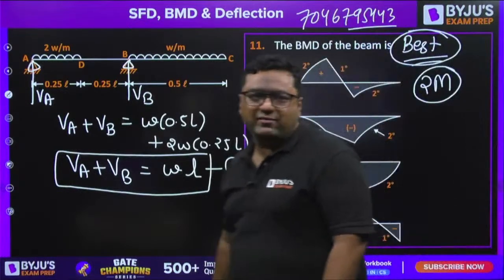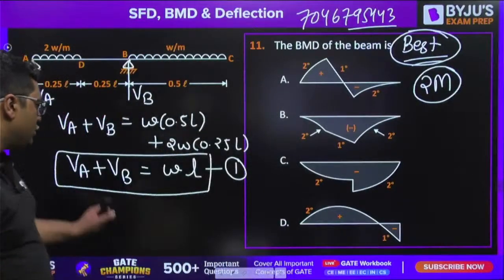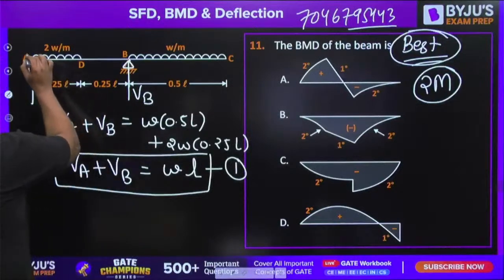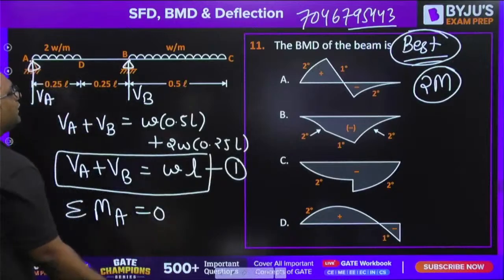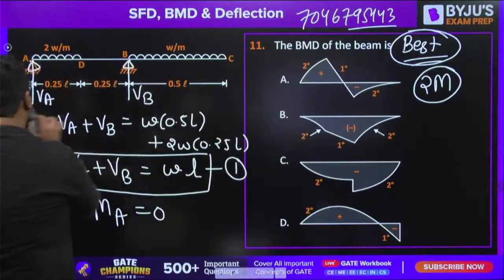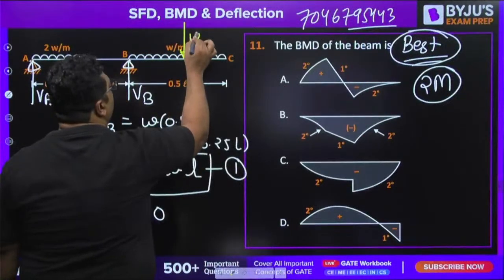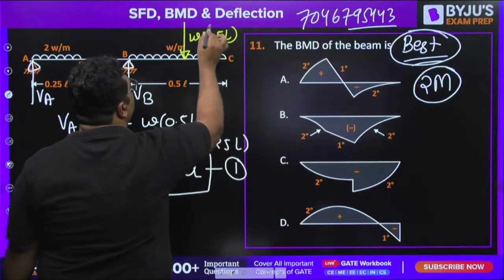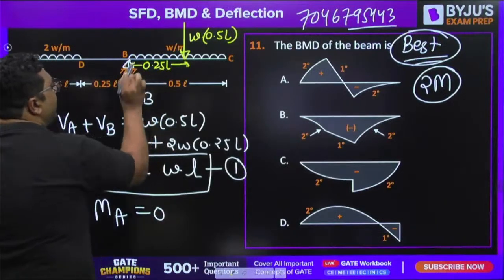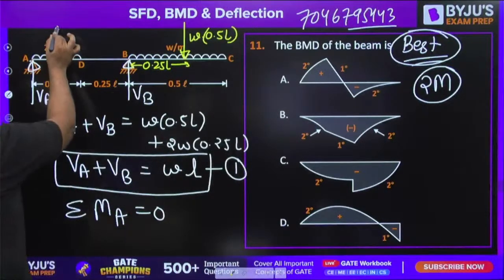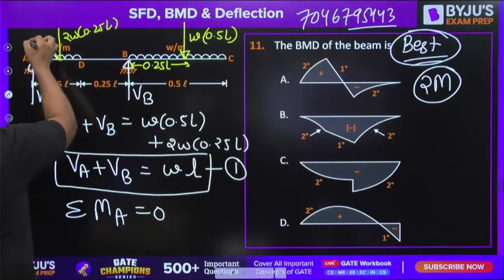So shall we move on guys? Very good. Let us see now. Take the summation of moment at A to be 0. You can see, my dear, this entire UDL will be acting at its centroid. W into 0.5L will be acting at a distance of 0.25L. And this UDL of 2W into 0.25L will be acting at a distance of